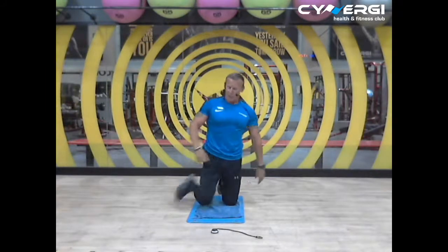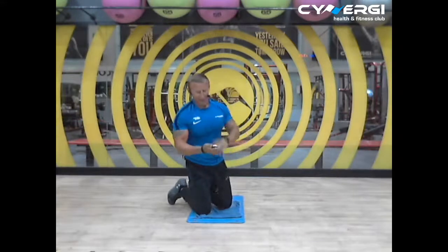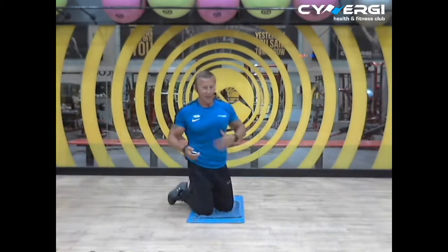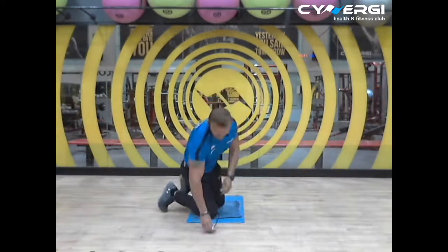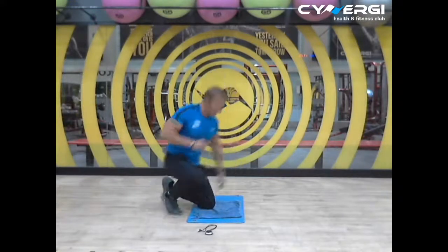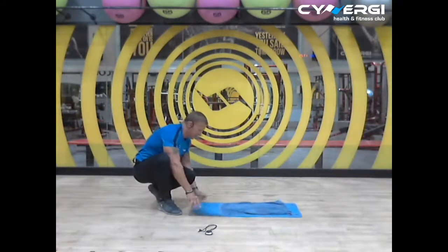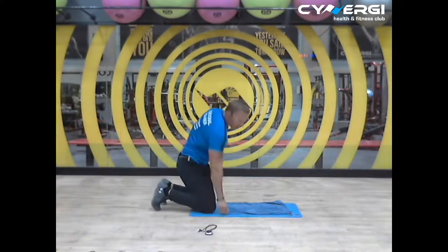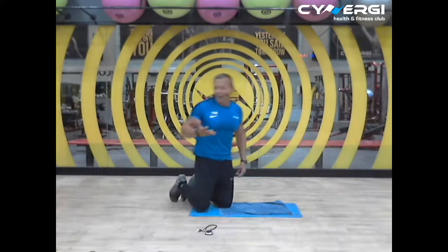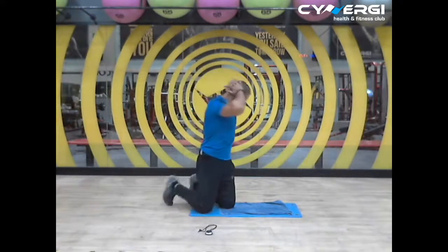And take a breather. All right, good work. Again, about a 15-second break there. Let the heart rate drop down. Next exercise we're going to do, we're going to twist the mat round, and we're going to do a 45 crunch. So, an always important part when you're training, especially the core, is not to interlock your fingers around the back